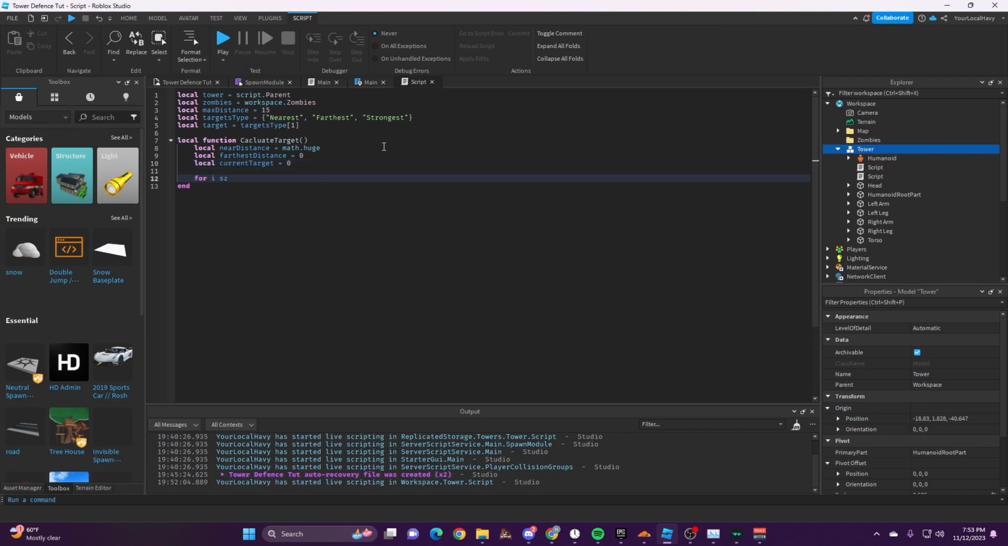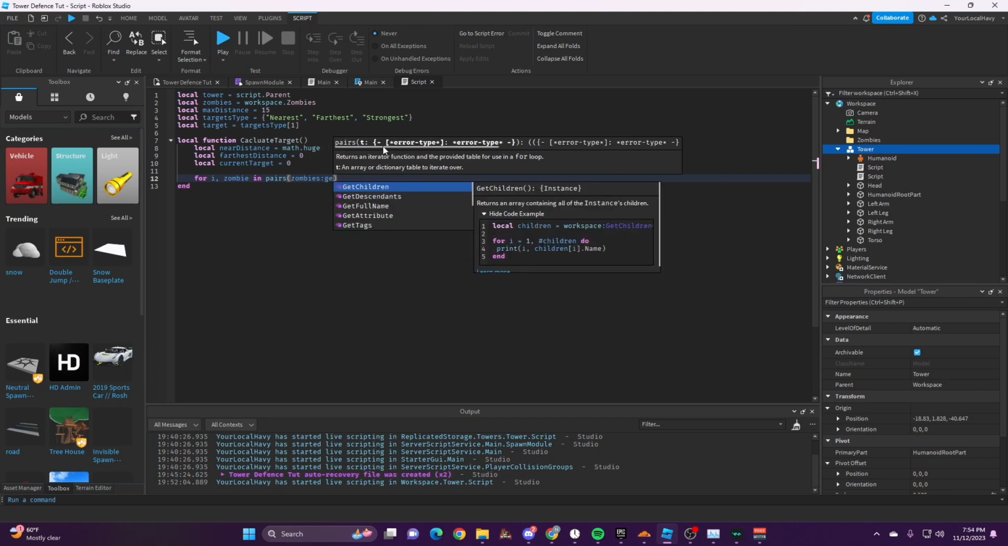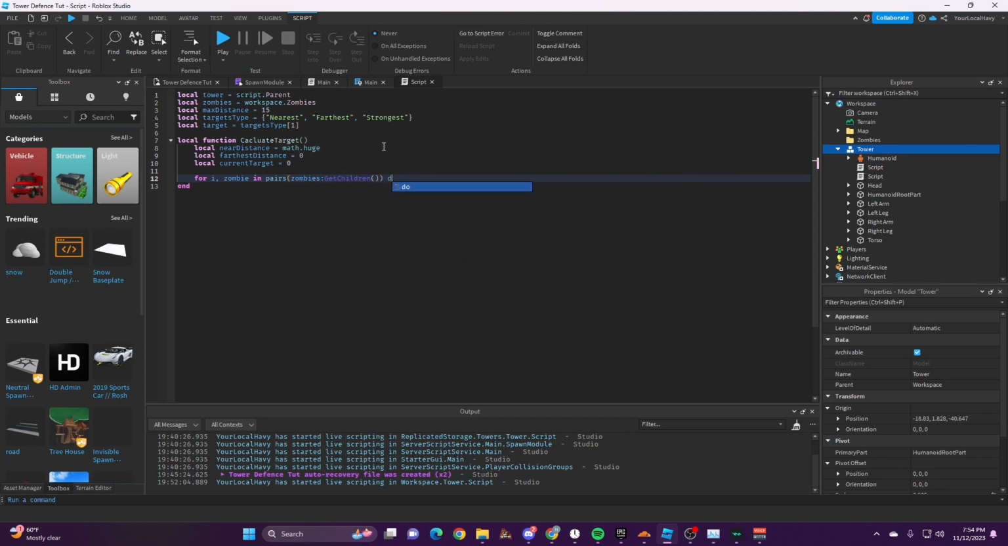And for i, zombie in pairs zombies, this is the zombies folder, so there'll be zombies in there during the waves. So I'm gonna get children to that, do. And I'm gonna see if the humanoid's healthy. So if zombie.Humanoid.Health is greater than 0, then local distance, this is the distance from the tower to the zombie, will equal